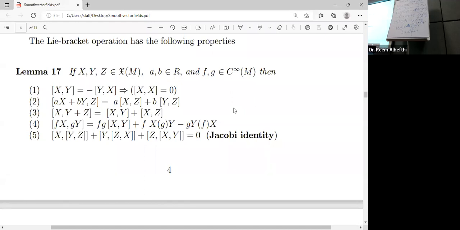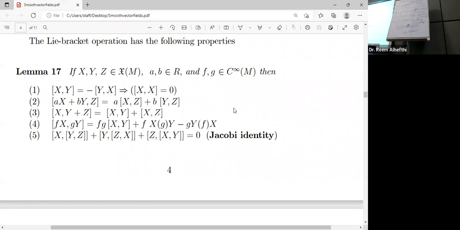A Lie algebra is a module on which a module has only addition, right? And scalar multiplication. In addition to that, there is an extra product satisfying those two conditions, the Lie conditions. That is A dot A is 0, like XX is 0, and the Jacobi identity. And of course, linearity. Then that module is called a Lie algebra.